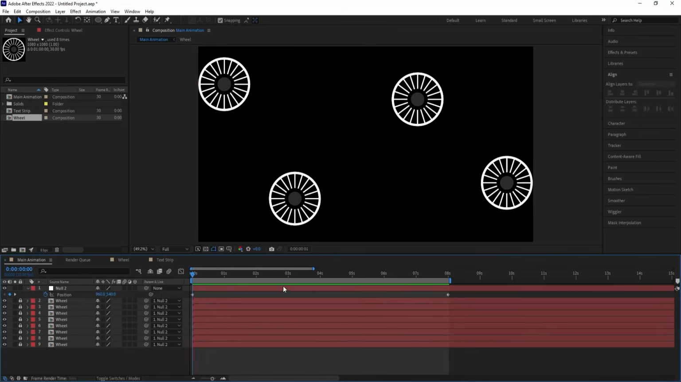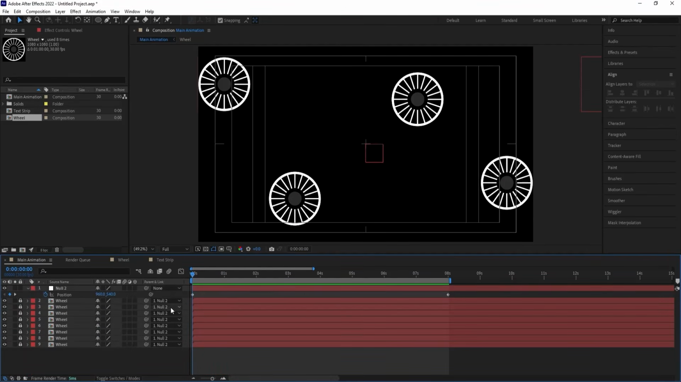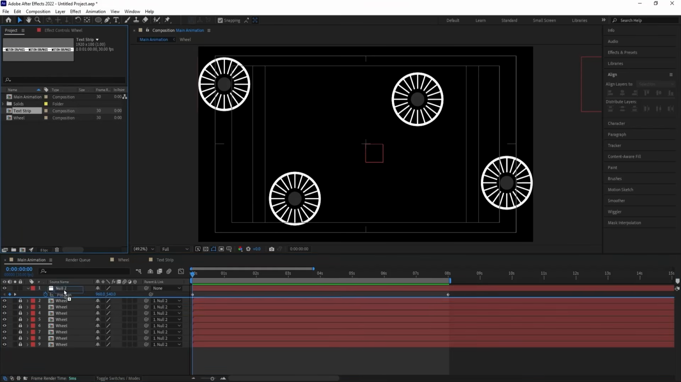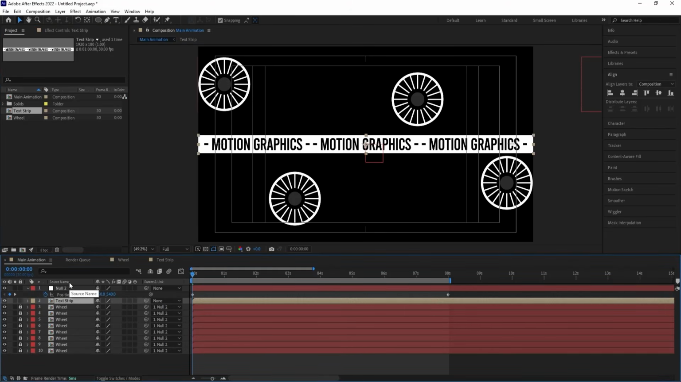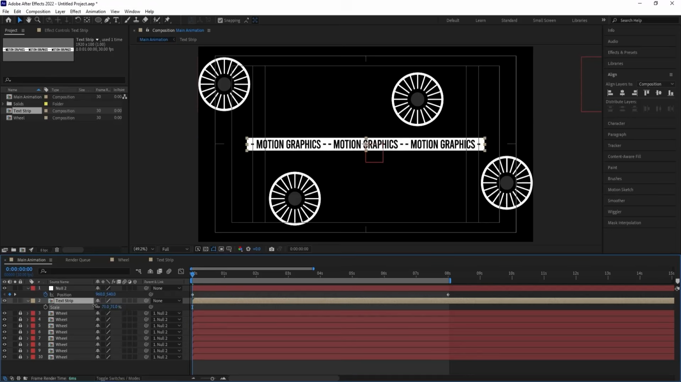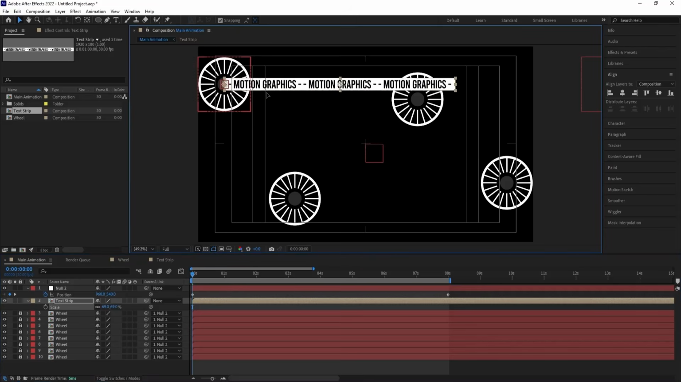Now let's lock these layers because this stuff is ready. Now we need to focus on our text strip. So let's bring our text strip first. We will bring this over here. Now it is too long, so press S to scale it, and let's try to bring this over here like